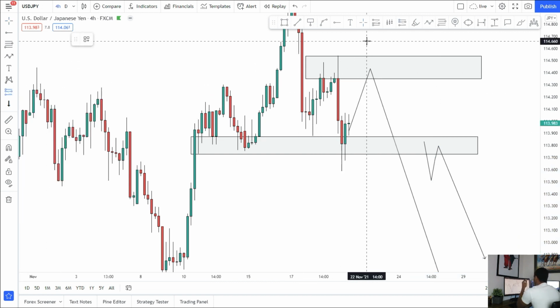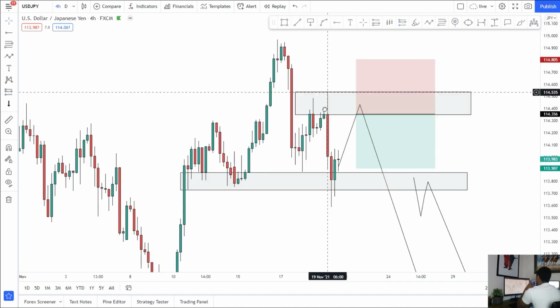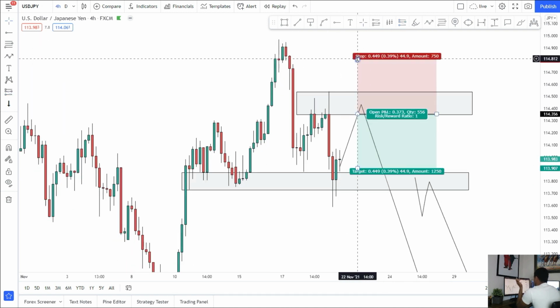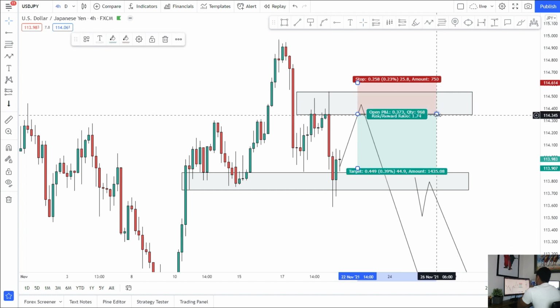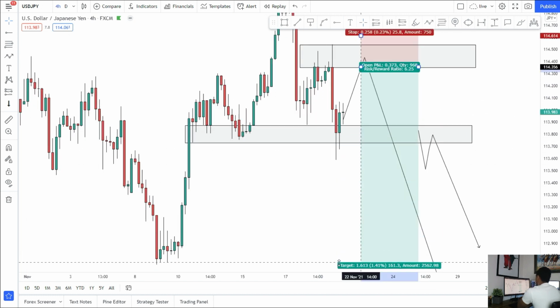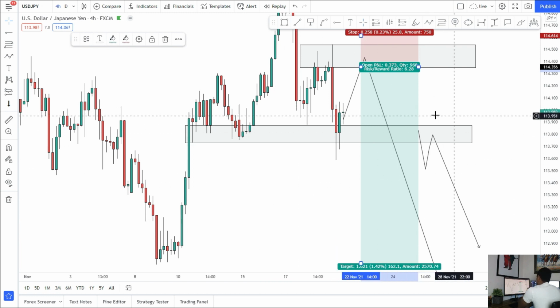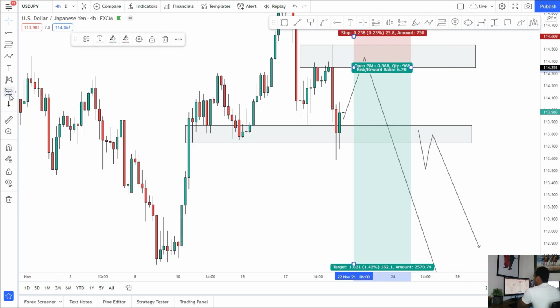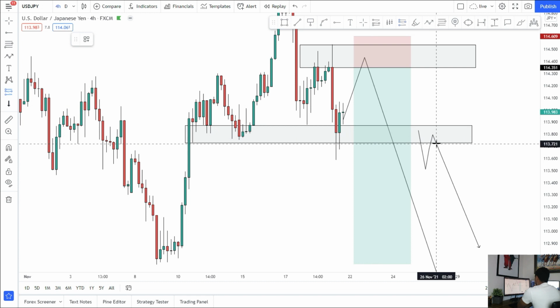I do understand that if we do break above this area, we most likely will push back into 115, maybe even higher, see some new highs, because again this is a very bullish market. But with price action like that, it's not looking bearish, but it looks like potentially it could be getting ready to turn bearish. So primarily looking for shorts